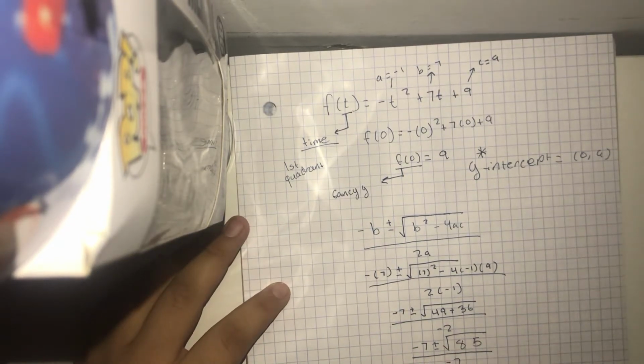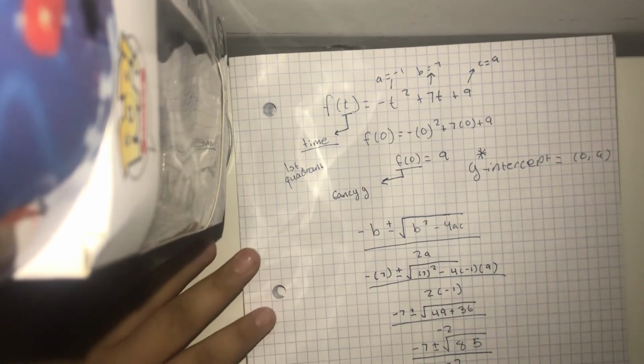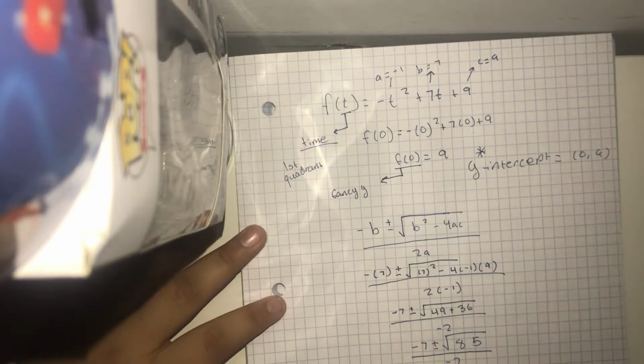Now, this is easy to put into a calculator, and if you do it by hand, it'll take a long time. So when you put it into the calculator, you get negative 7 plus the square root of 85